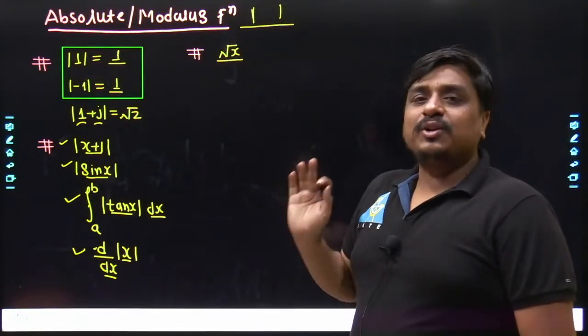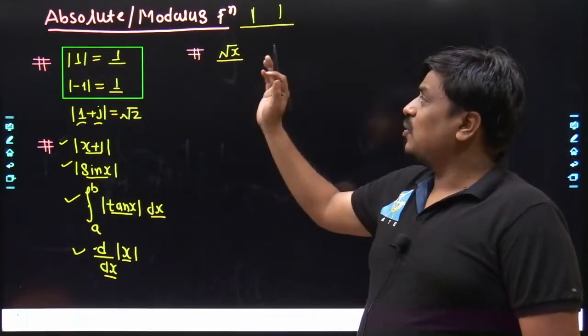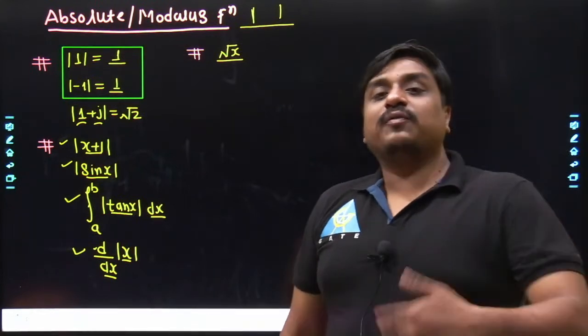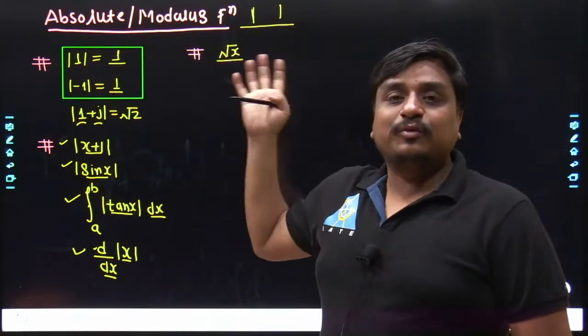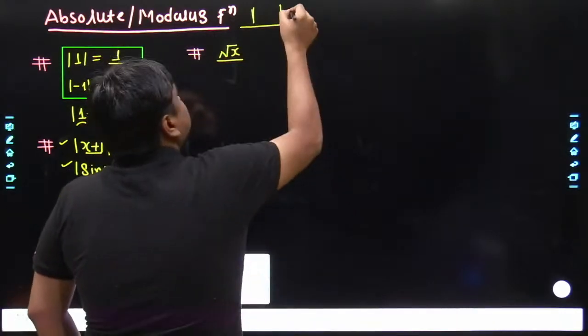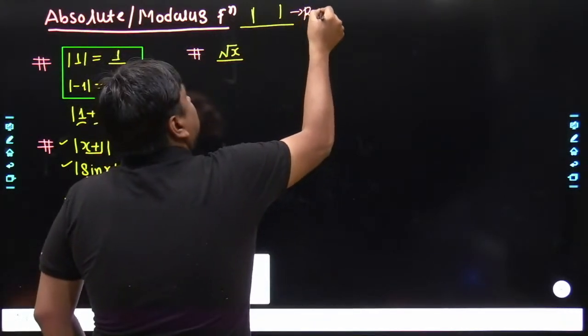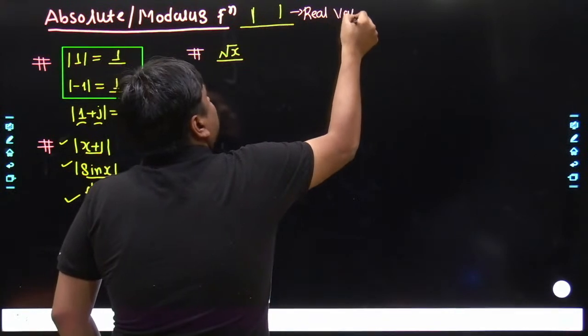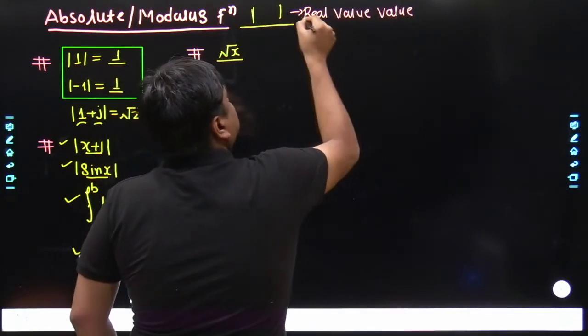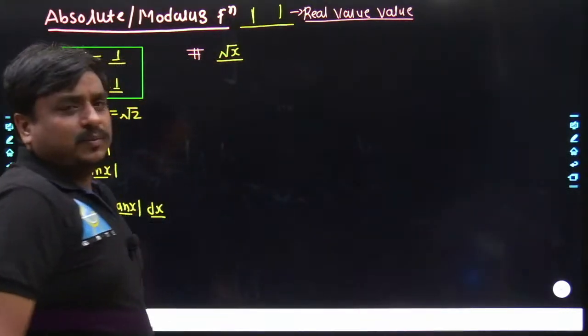So the agenda behind today's video is very precise and clear. We are going to discuss the absolute or the modulus function, where the functions at which the absolute or the modulus has been applied are real valued functions. Could you understand what I am saying? A real valued function. If you want to write, you can write somewhere: a function is said to be a real valued function